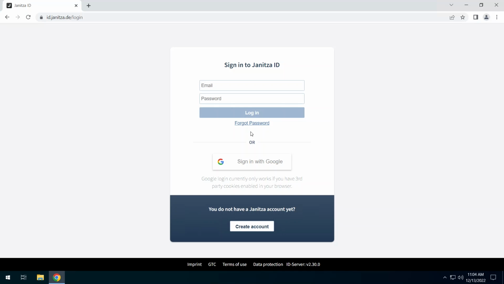In this tutorial, I will show you how to create your own Janitza ID. With this ID, a GridVis expert test phase is created and converted into a full license with a license key. Open the website